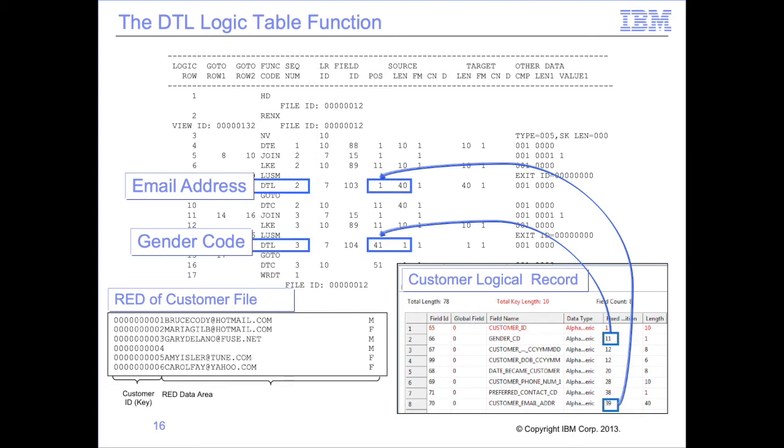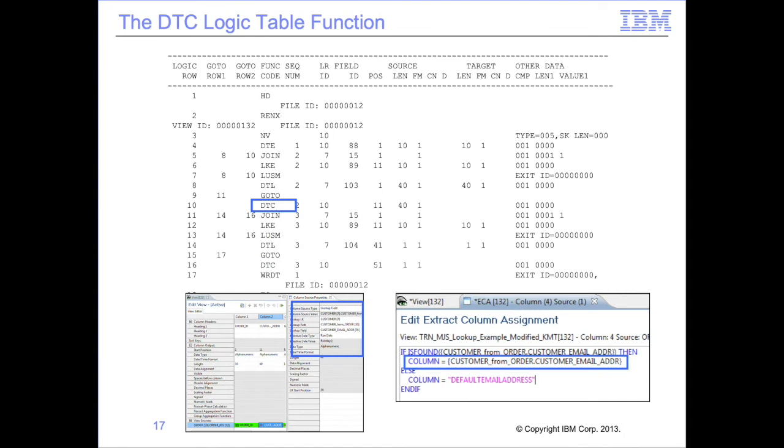If the LR definition of the reference data is incorrect, the RED key and all the data may be wrong. At times, it is necessary to inspect the RED file to see if the data exists. Looked up fields can be placed in columns in two ways. They may be assigned directly, as shown in this view example and on this logic table, or they may be